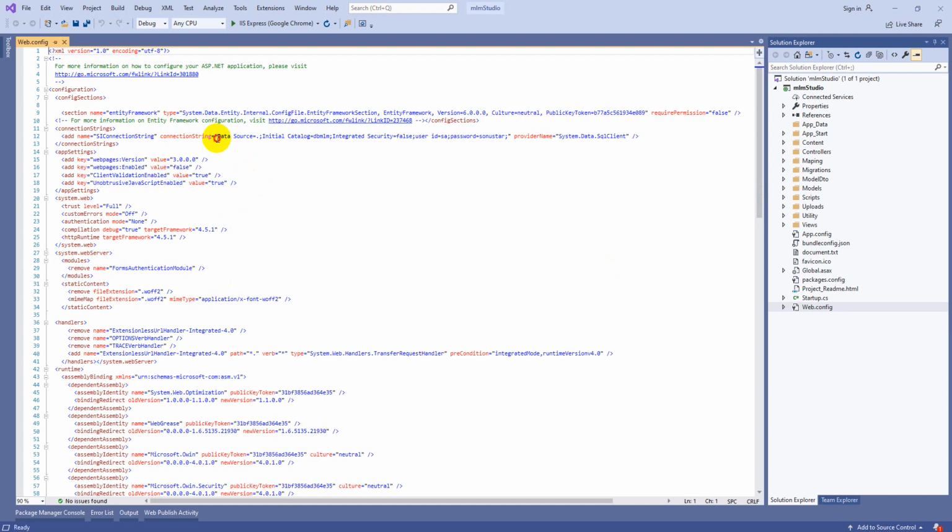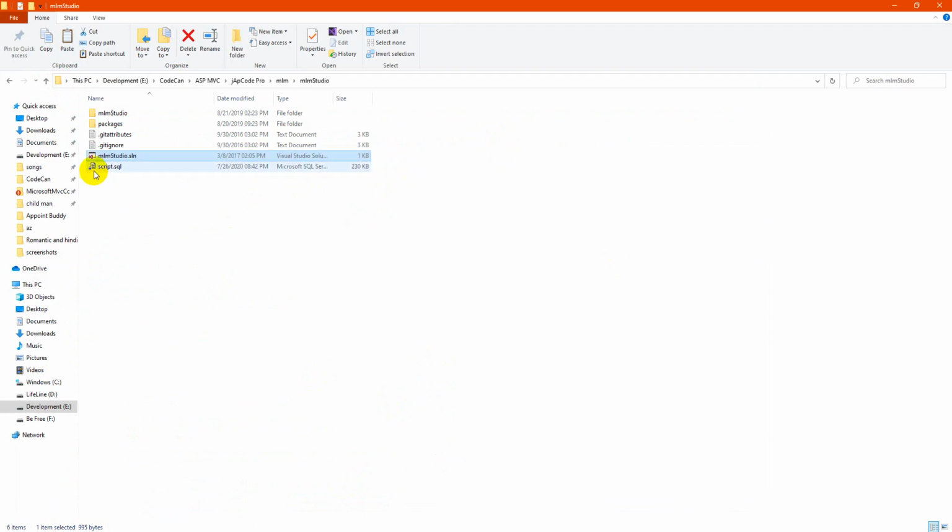There is a connection string. First, how to change the connection string. You need to open your SQL Server, create a database on the SQL Server side and run this script. It may be a SQL script or have another name, but with the extension .sql, it will always be in my applications. You need to run this script on that side. How to run it, I will let you know.